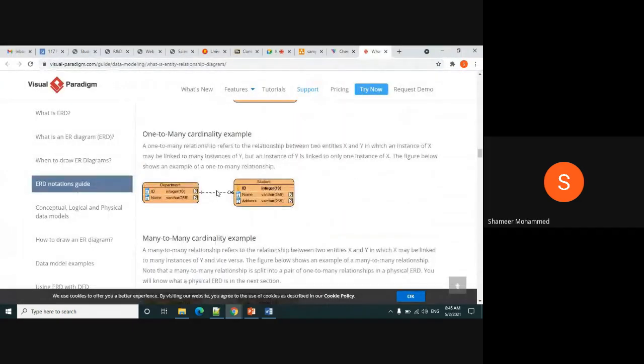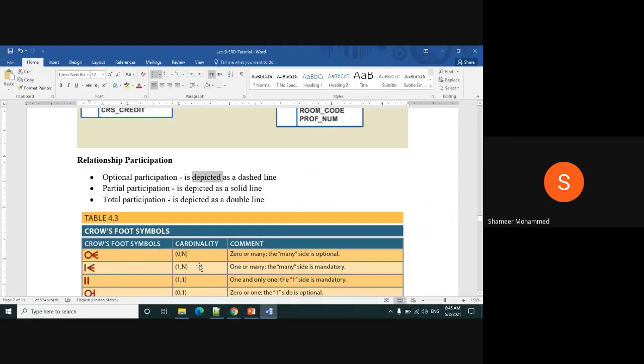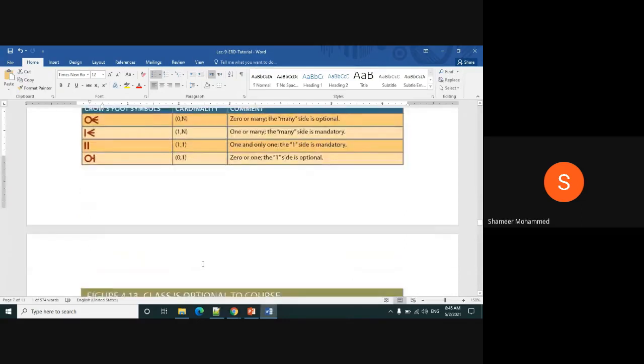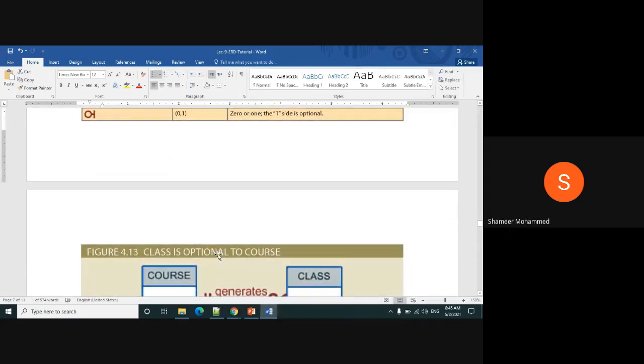Like this dotted line. One department can have zero or many students. Okay. Next one is